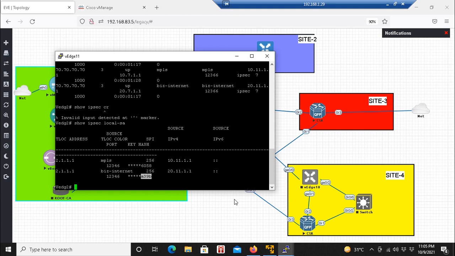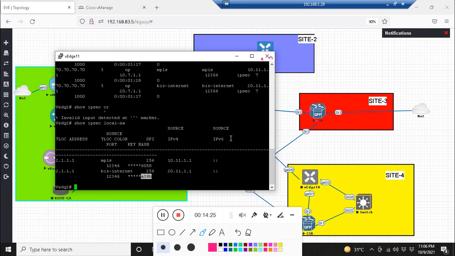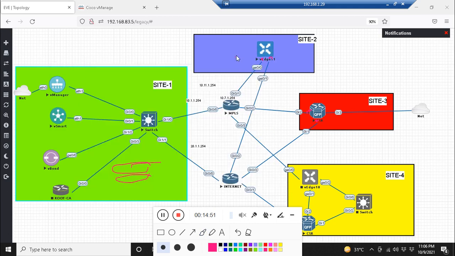Now these two keys are shared with the vSmart over the OMP tunnel.